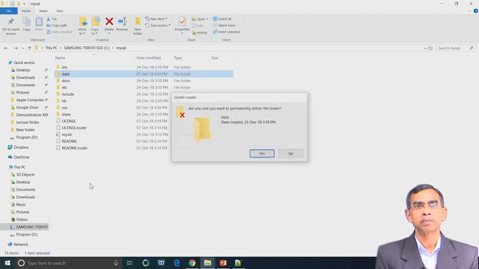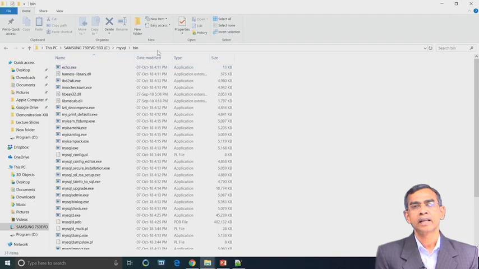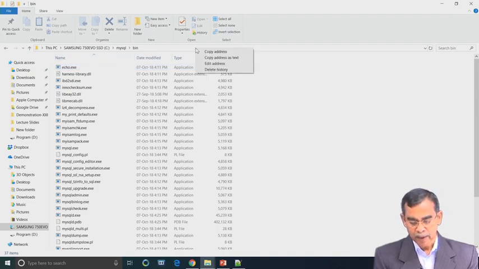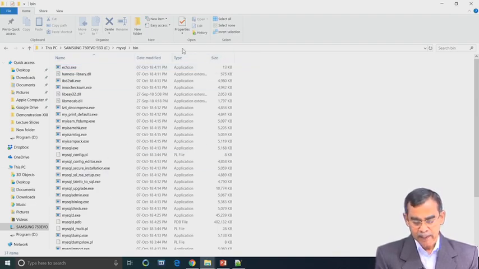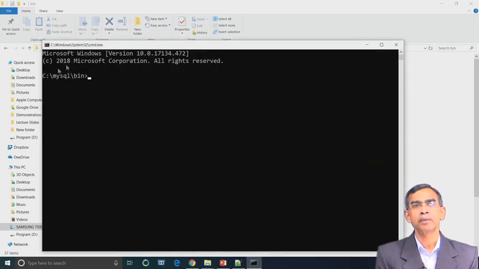So, we are removing this folder from here. Now, this completes exactly the storing of the files there. Now, we have to run the program, and to run this program you have to go to the command prompt, and in the command prompt, go to the MySQL bin directory, and there you type mysqld, then dash dash console.